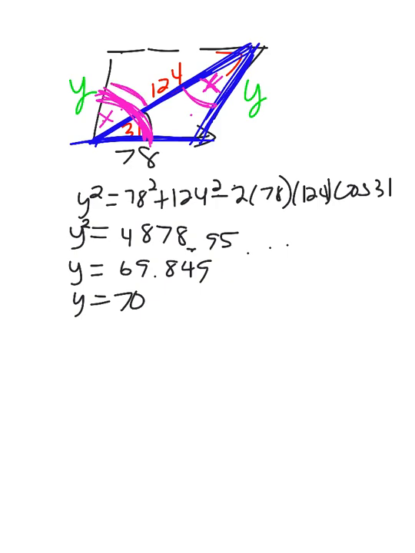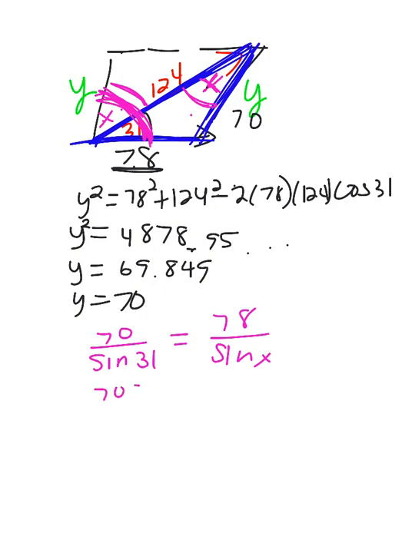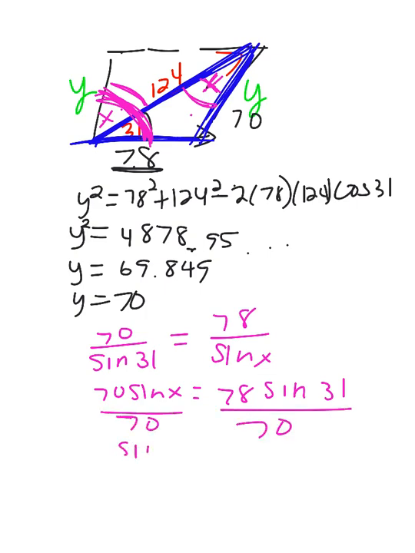So I'm going to use the fact that this is 70, and I have the angle opposite, and I'm going to use the fact that this is 78 and find the angle opposite, and that's law of sines. So law of sines would be 70 over sine 31 equals 78 over sine x. Cross multiply, 70 sine x equals 78 sine 31. Divide by 70. So we get sine x is equal to